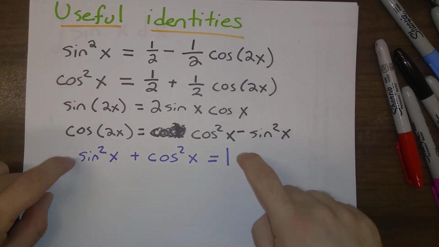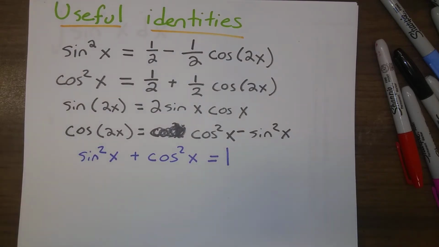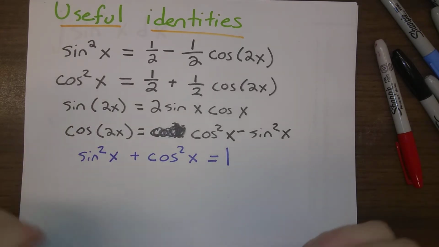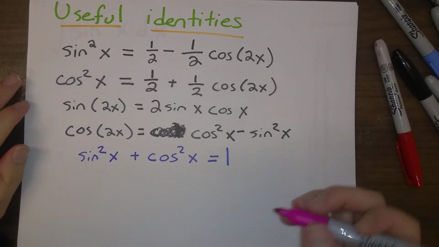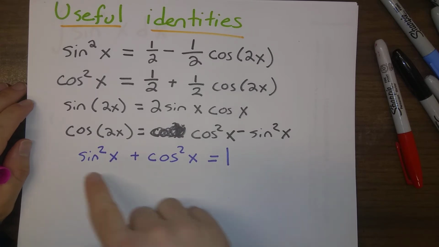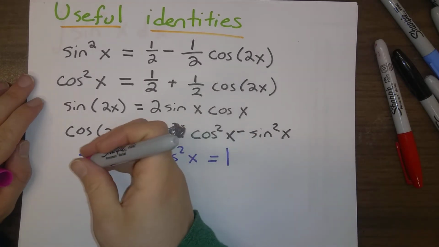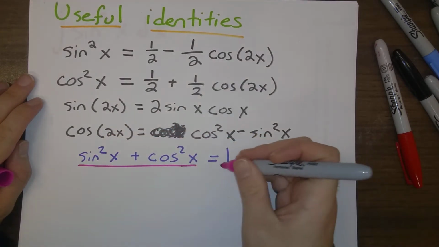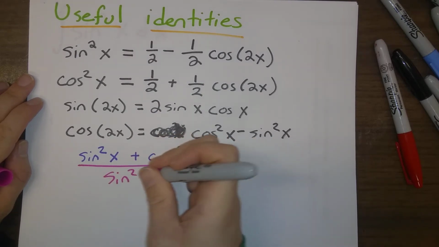And maybe the most important one for our purposes here is going to be this very fundamental identity, sine squared x plus cosine squared x is equal to 1. It's worth remembering that there are also versions of this involving the other four trig functions. The way that I like to remember those is just to derive the other two identities from this one. So first, if we divide everything by sine squared x,